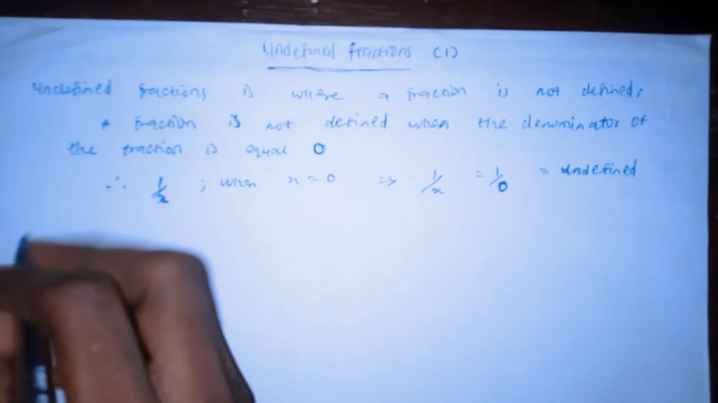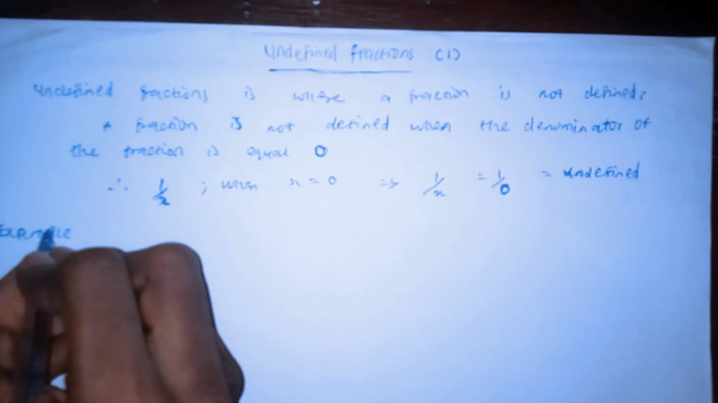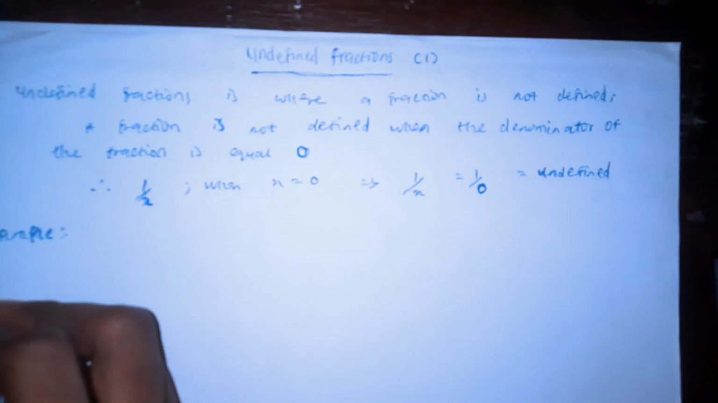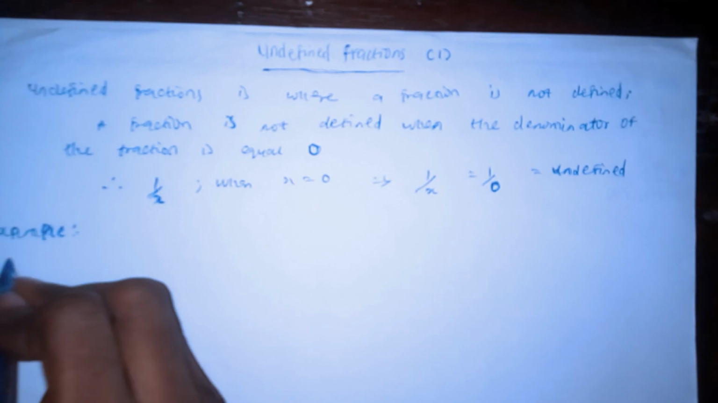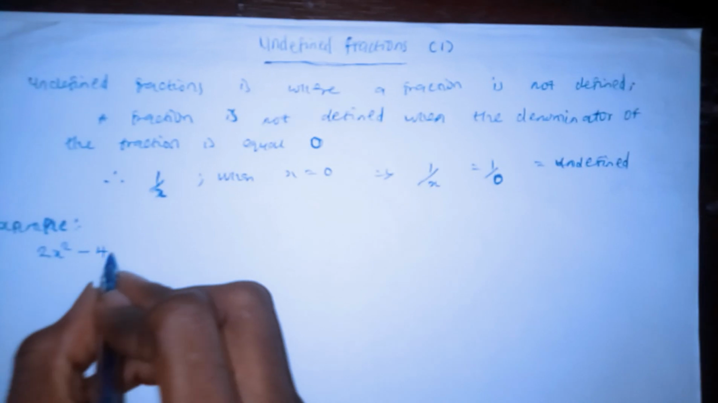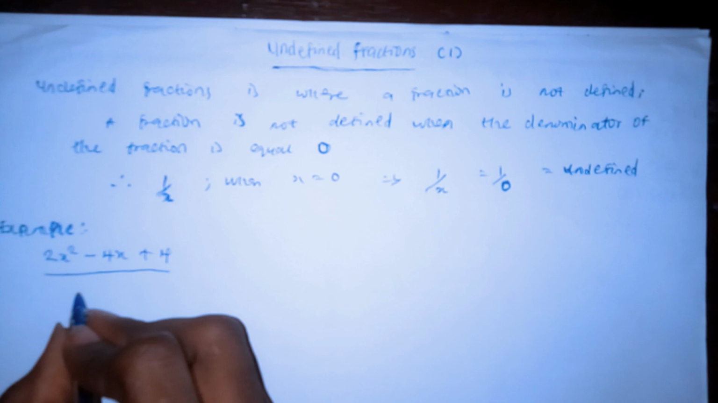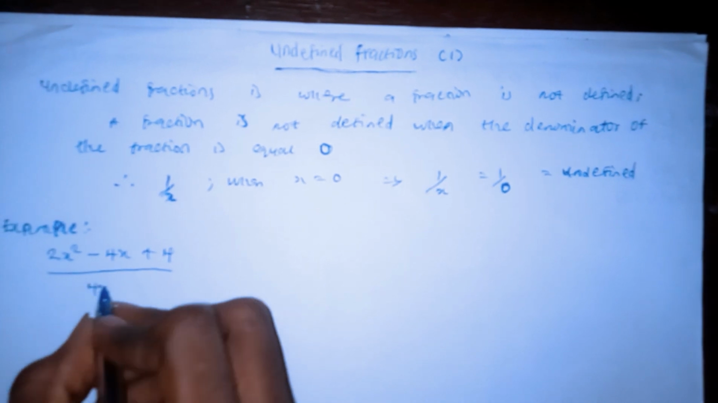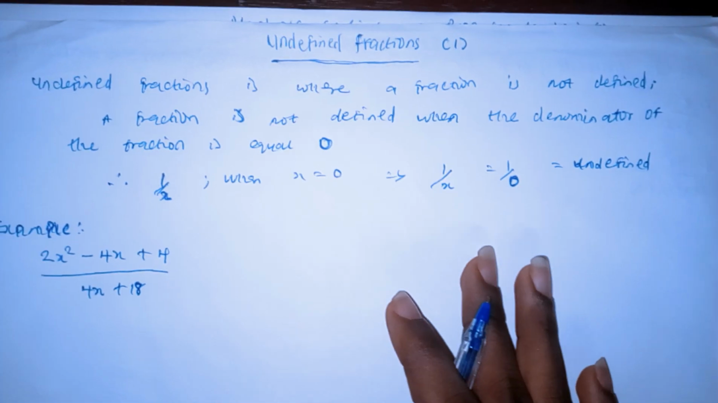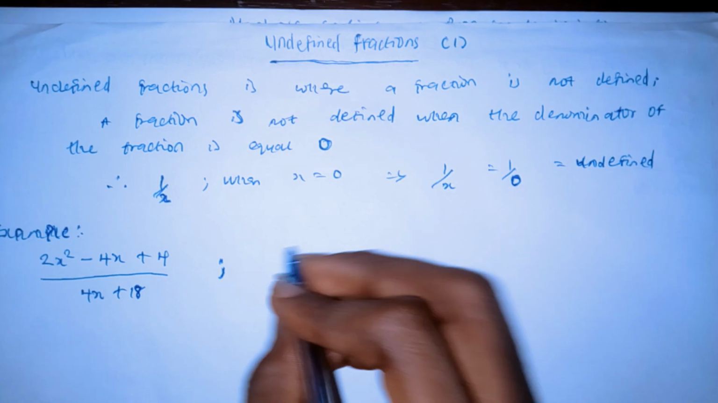Okay, we have a question right here, an example. After the example, we will give you an exercise which we're going to solve together in the video. The question says, how can I pinpoint it? Like 2x squared minus 4x plus 4 is equal to 4x plus 18, and this question is telling you that